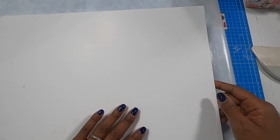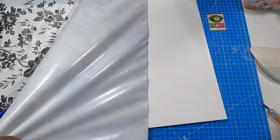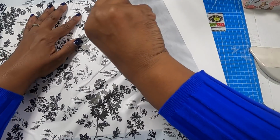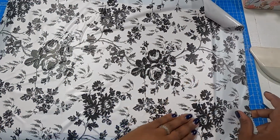So I am going to bring in my shelf piece that measures 18 by 13, and we are going to place this down. So I'm going to lay it down first. I am immediately going to flip it over and smooth out my wrinkles. So I will lift it as I'm lifting and laying it back down. I am smoothing